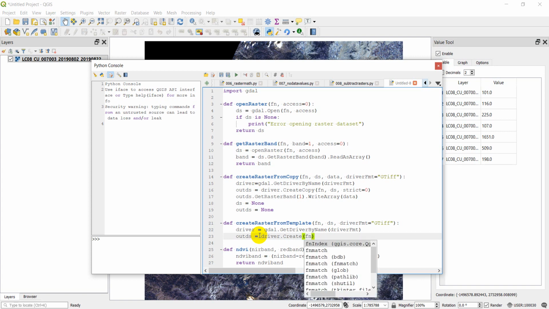We're going to give it our file name. We need to give it our size, our projection, and so on and so forth. I'm just going to double check and make sure I get these in the right order. So hold on for just a sec while I check my notes. Okay, so first of all, we're going to give it